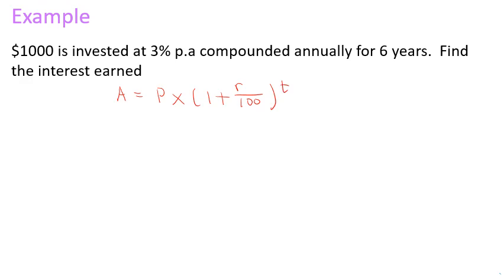In this case, P is 1,000. The R is 3. And the T is 6. Put that in the calculator, which equals